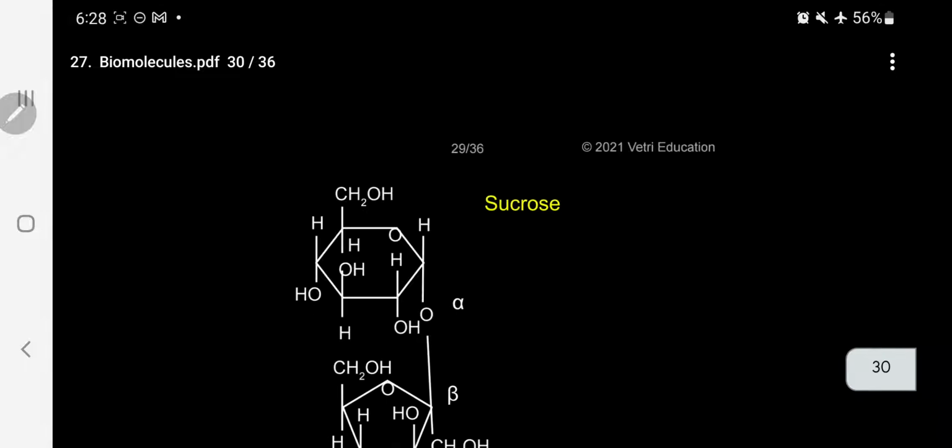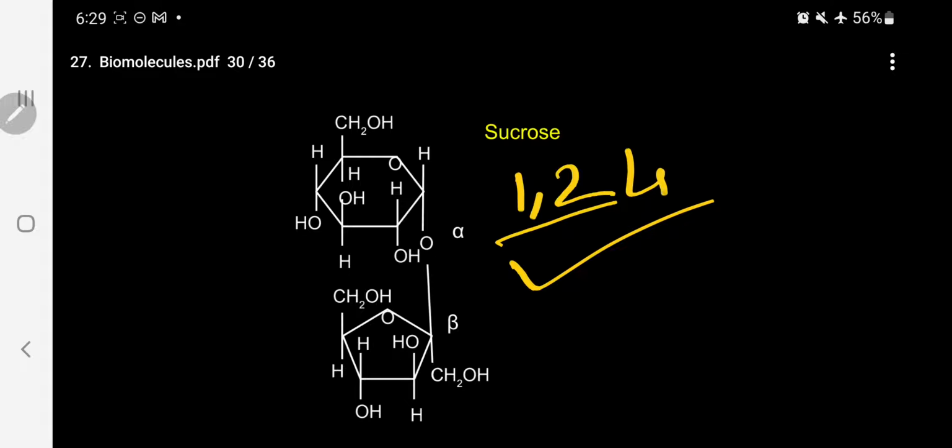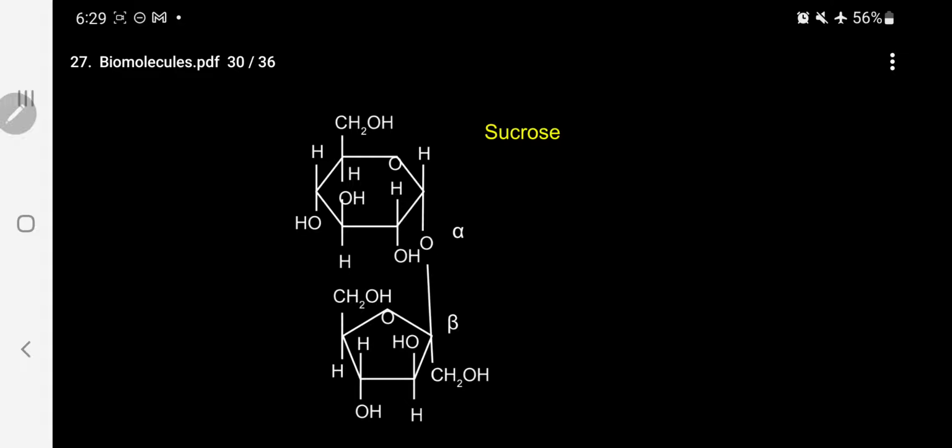Just see the structure. This we have already given, again I am giving the structure. This is the sucrose structure. Kindly follow. The 1 carbon of the alpha D glucose and the 2 carbon of the beta D fructose are connected. So this is a 1-2 linkage. That's why it is acting as a non-reducing sugar. It's a disaccharide, non-reducing sugar. This is called sucrose. Our sugar is nothing but sucrose, getting from sugar cane.